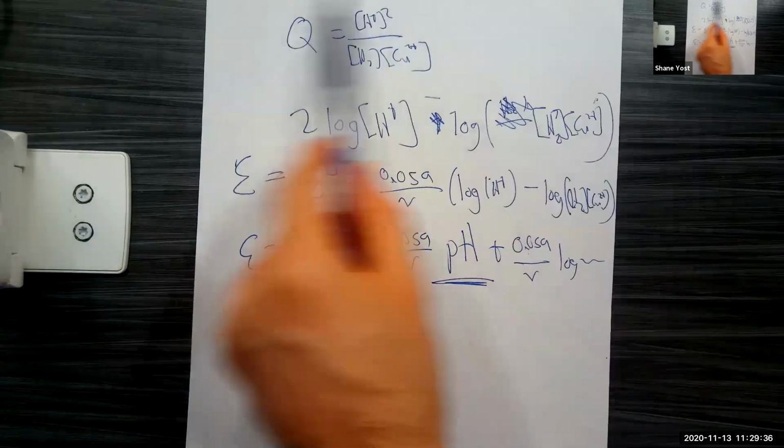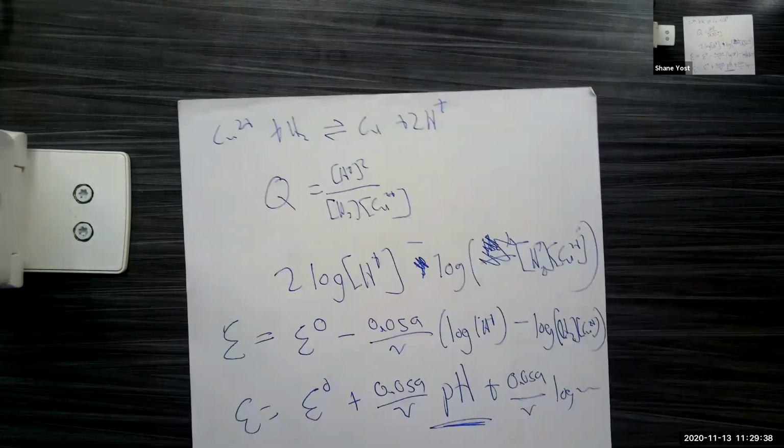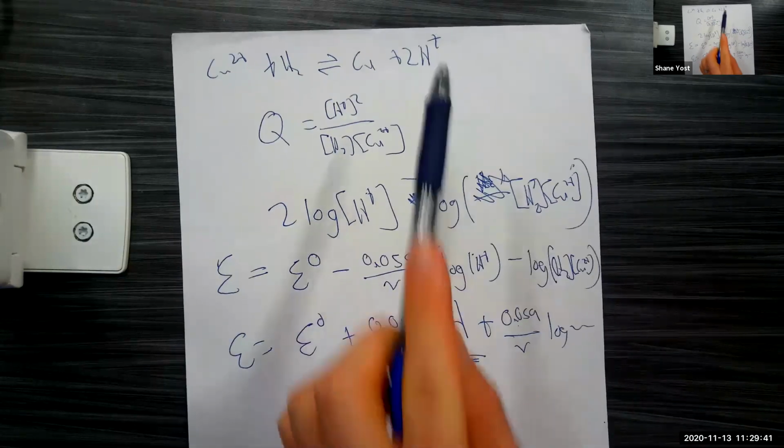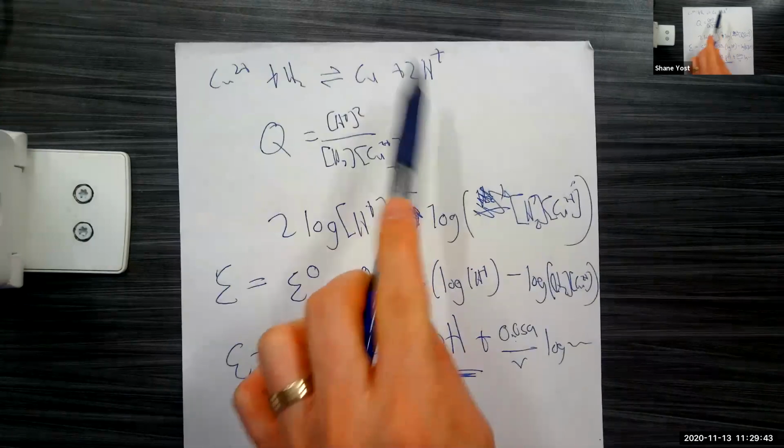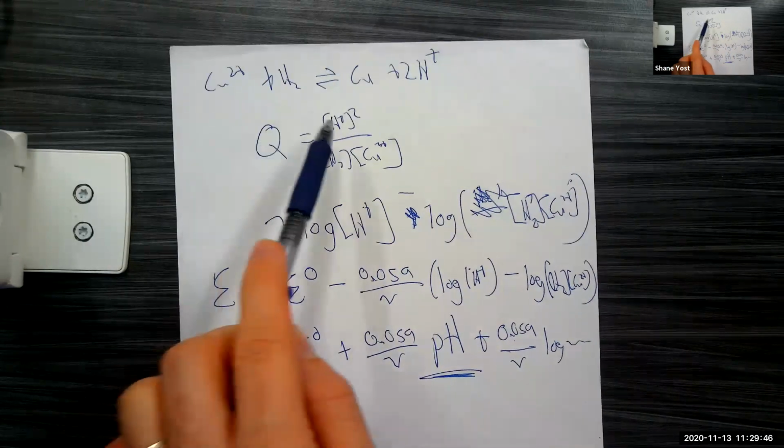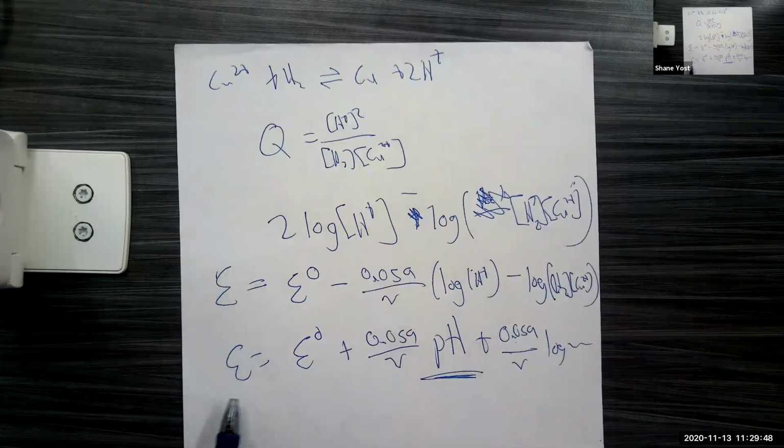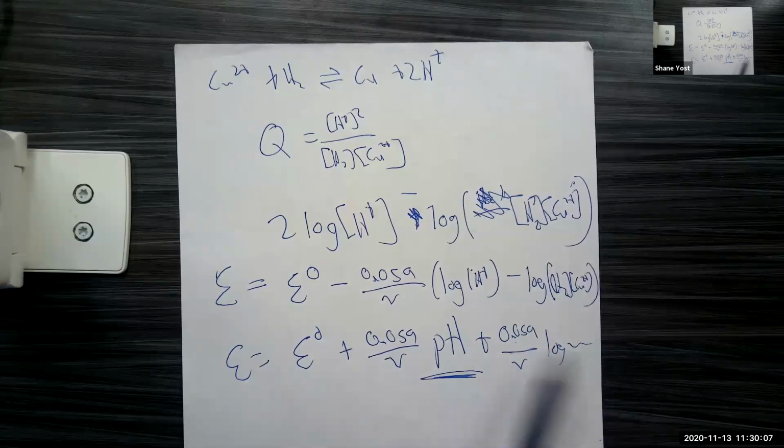If your balanced electrochemical reaction includes H plus ions, that H plus ion concentration is going to be included in that Q, which you can then simplify down to having pH as part of the expression for what the cell potential is, along with the standard cell potential. And then you can measure what the current cell potential is, and assuming you know everything else, which you potentially do,